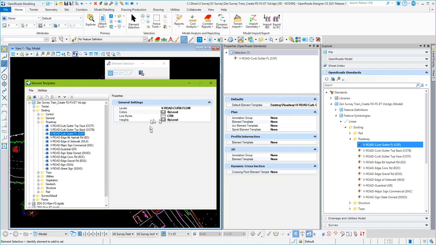So this then says what level it's going to go on, what's its color, line style, and weight. So this kind of goes full circle. It has the feature definition that is connected to this feature symbology, and this feature symbology is tied to this element template that basically says, here's how you draw that. Now, looking at this a little bit here, I set this up as the default. So in all instances, this element template is what's going to drive the display of this feature definition,